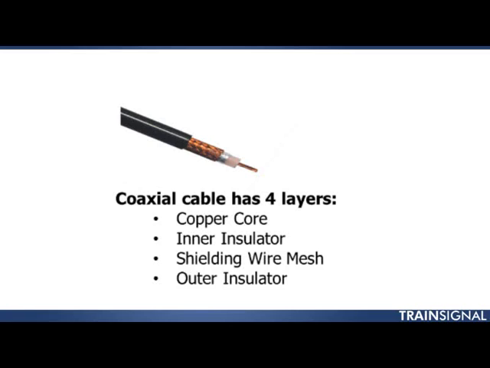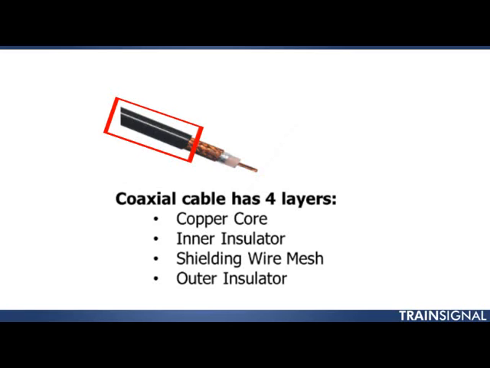Well, just like we talked about with twisted pair cable, all cables, all wires that deal with electrical transmissions have to address the issue of EMI. And the way that coaxial cable deals with it is by putting this wire mesh shielding around it to protect against that outside EMI. And then the 4th layer is the one that you can commonly see, which is just the outer insulator,